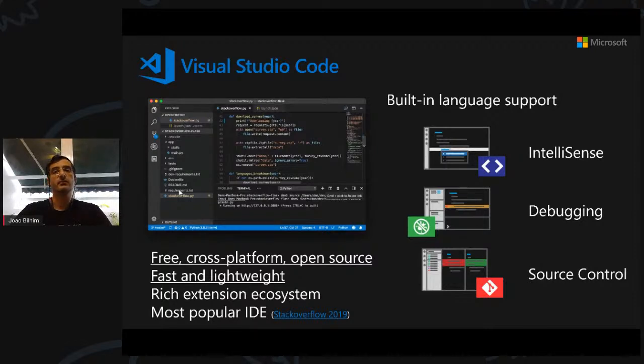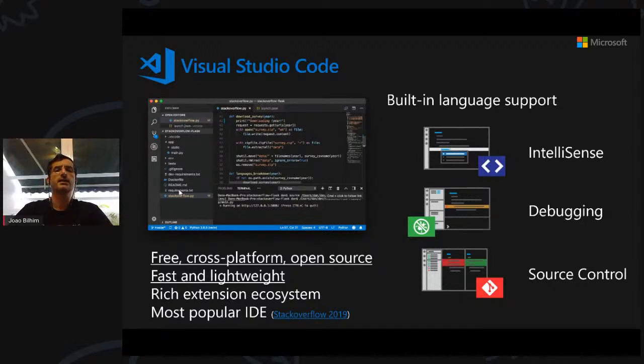One of the things that I find really interesting is that it provides a rich extension ecosystem, meaning that you can, and we will see this in the demos, just open up the extension panel, search for the extension for the language that you want to look into, and immediately download and install an extension that provides full-on support for that language, again, including IntelliSense, debugging, and all the extra features that your language will support. We're going to see this in the context of Python, which is really cool.